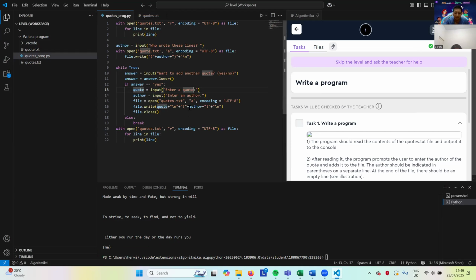Wait, I will check it first. Who wrote these lines, with open quote? Quotes. Okay, try again and erase your previous data.